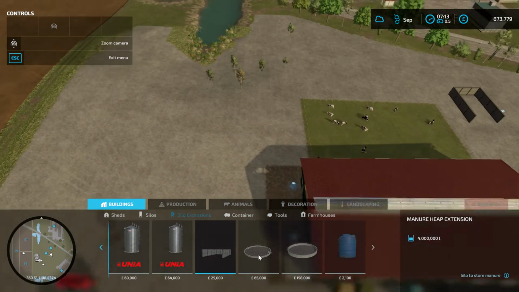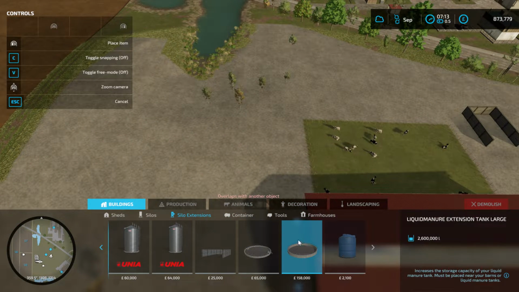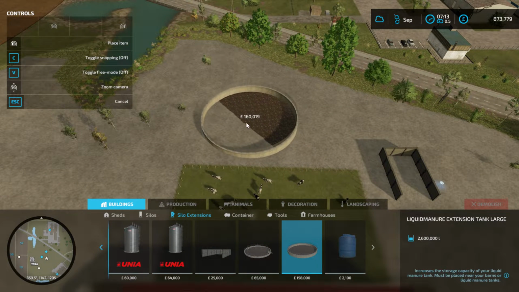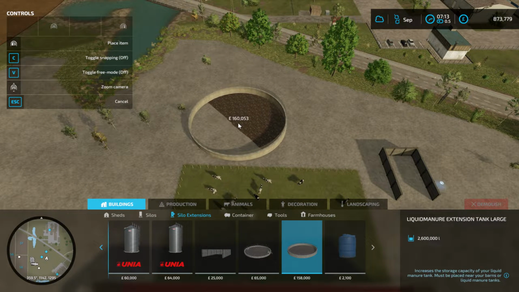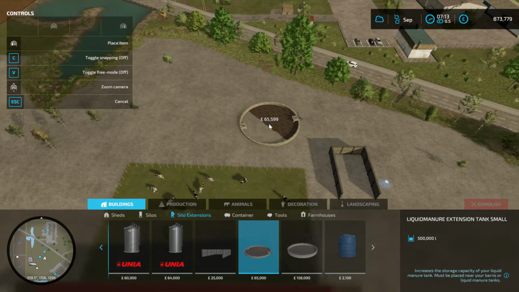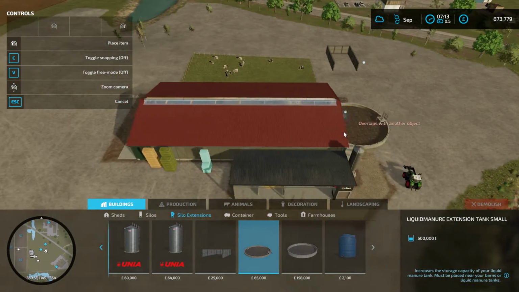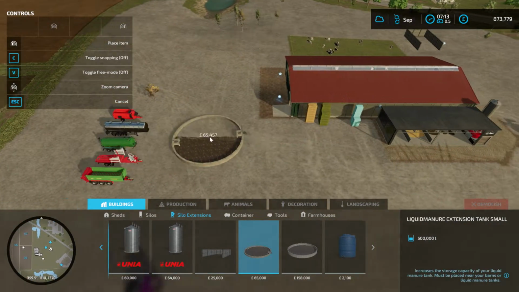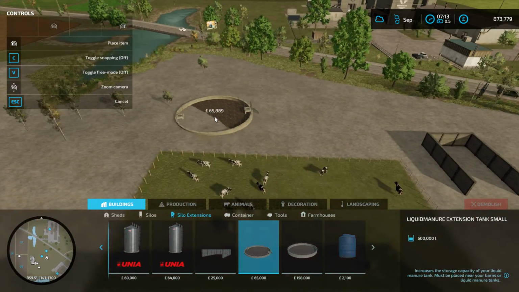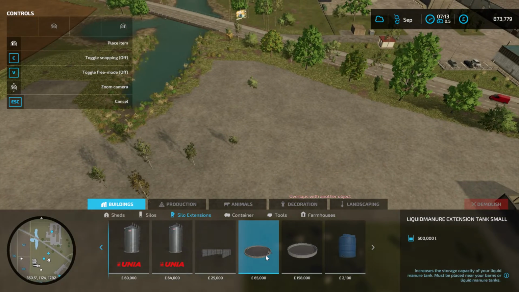silo extensions and place either one of these. I try to see if I can get this one, although it's pretty big. So, you know, not all maps give you that kind of space where you can place this. And unfortunately, sometimes this is the only option. But I mean, the default storage in this barn is like maybe enough to fill one slurry tank. It's not very much. So I definitely recommend placing at least one extension, whether it's a small one or a